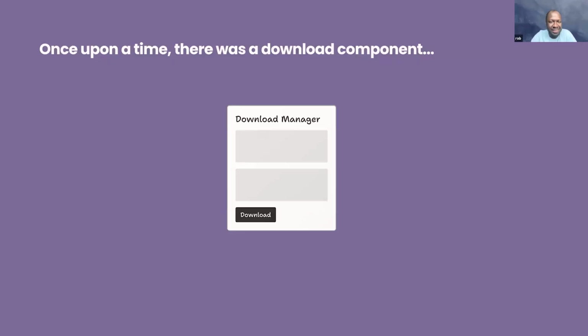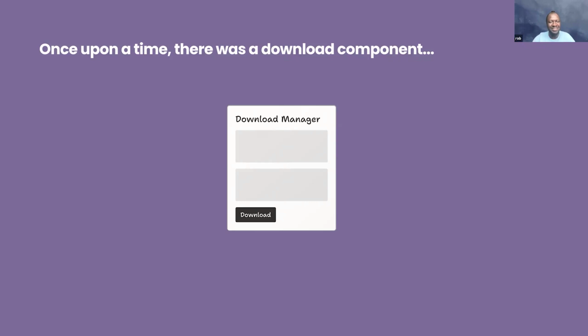So let's take a simple download component that has been through the product development lifecycle. It became apparent that this was a feature that was important to users and would help support them with various tasks that perhaps sit outside of the product that they use. Again, similar to the dashboard example that I showed before, this has gone through user research, gone through iterations, handed over, everyone's happy, decisions on the interactions are defined.